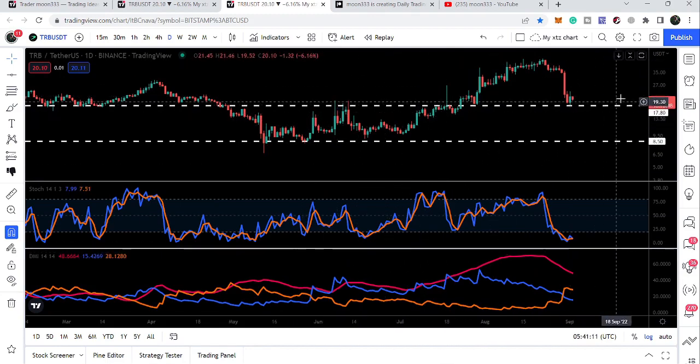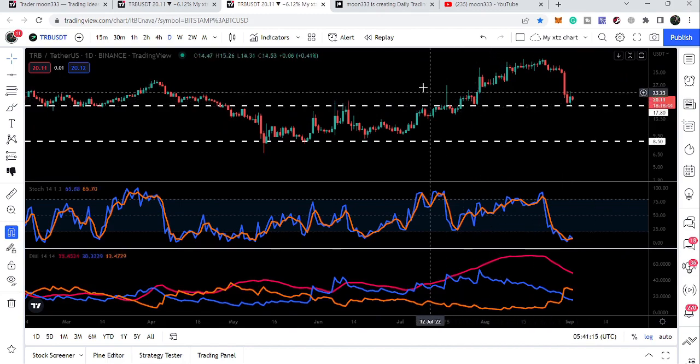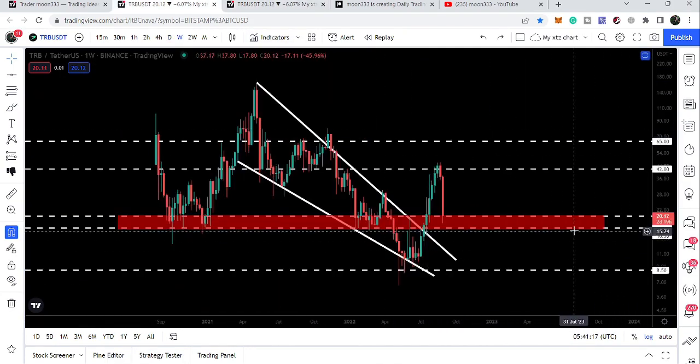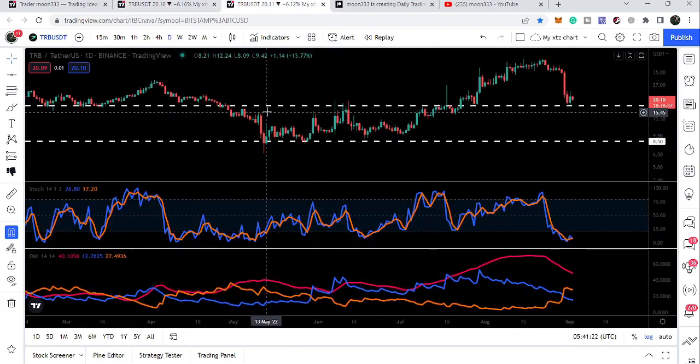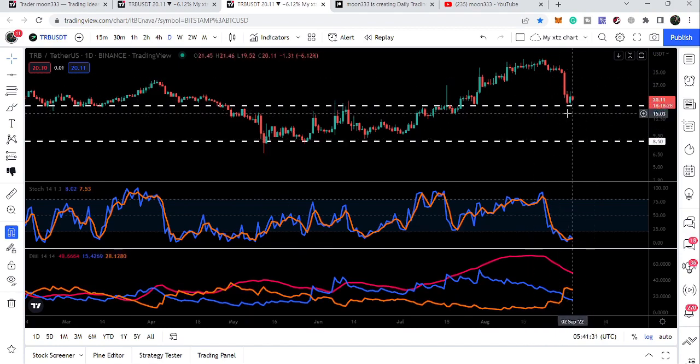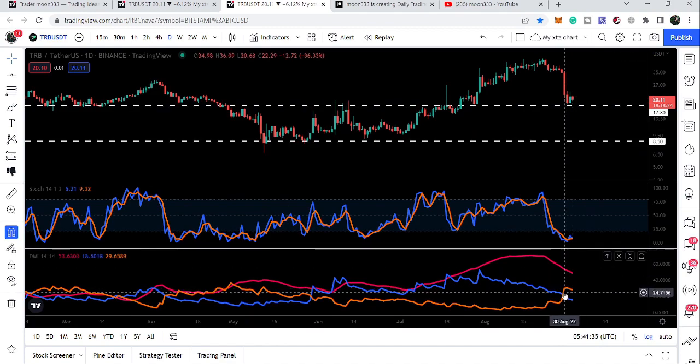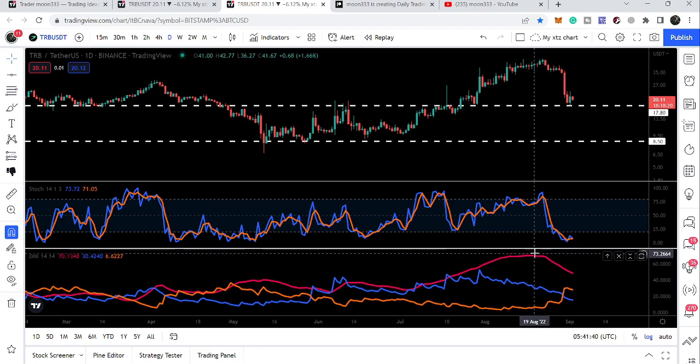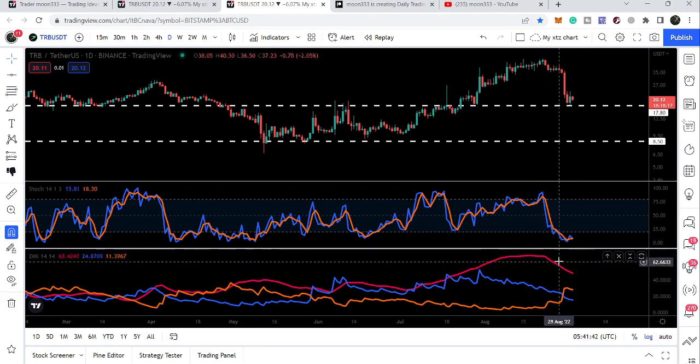This time we are testing the support of $17.80, which by the way is a short-term support as compared to this $16.50 long-term support on the weekly time frame. This is on the daily time frame. Recently it found this support. Previously it was working as a support here, resistance here, and support here as well. Now we have dropped to the support of $17.80, and you can see we have received another sell signal, but you can also observe that ADX is not moving up. ADX is now moving down.